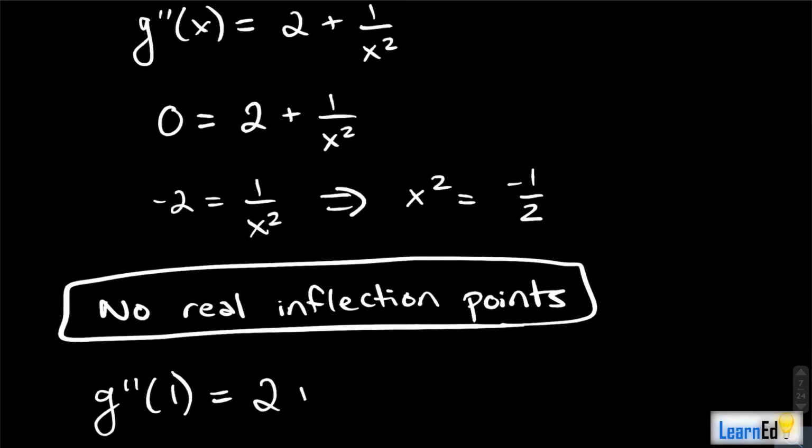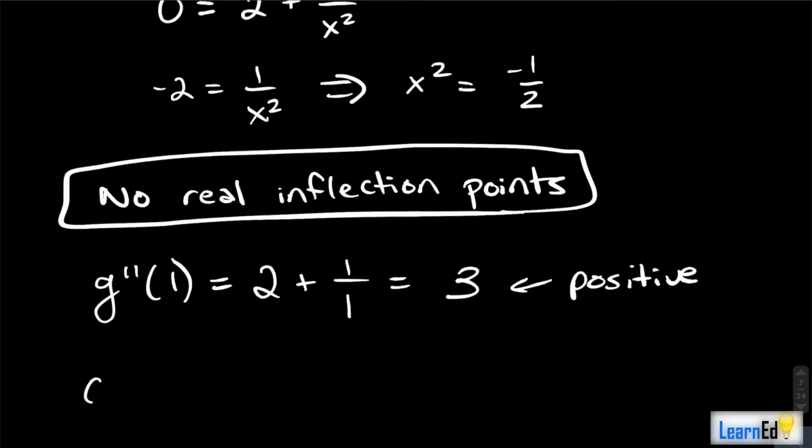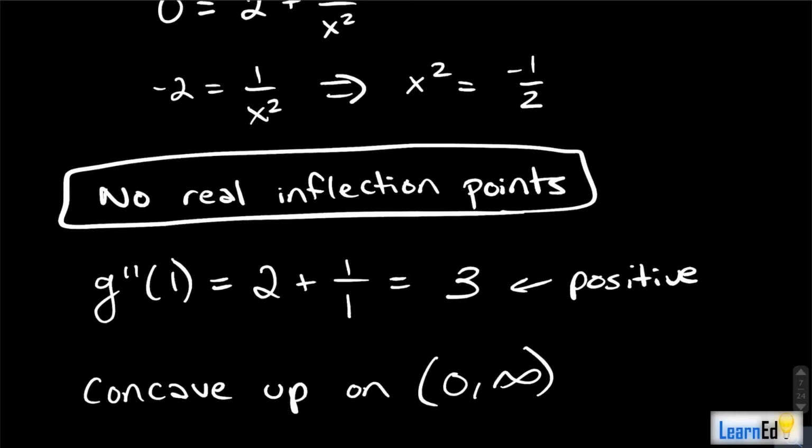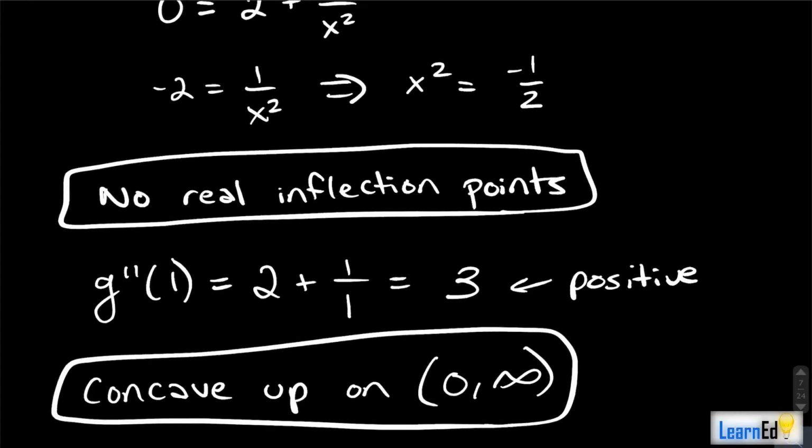And we get 2 plus 1 over 1, which is 3. And that's positive. So we know that it's concave up on the entire interval. And that is the last part of